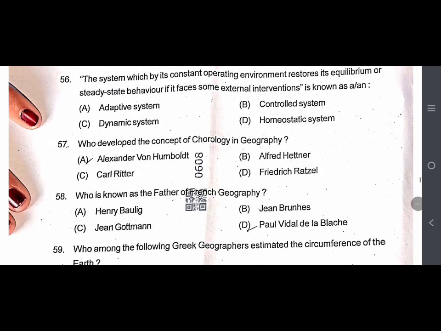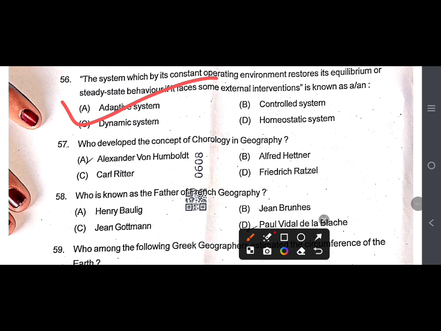The system which by its constant operating environment restores its equilibrium or steady state behavior if it faces some external interventions is known as ठीक आंसर टी हबो ऑप्शन ए